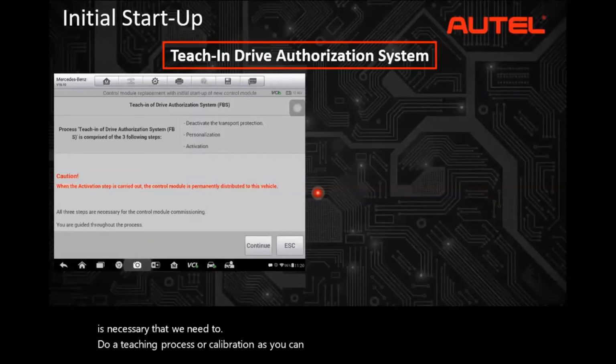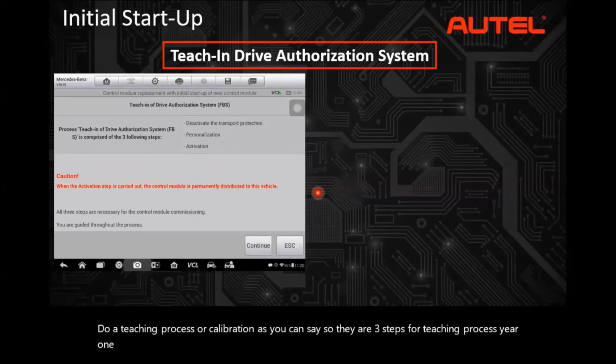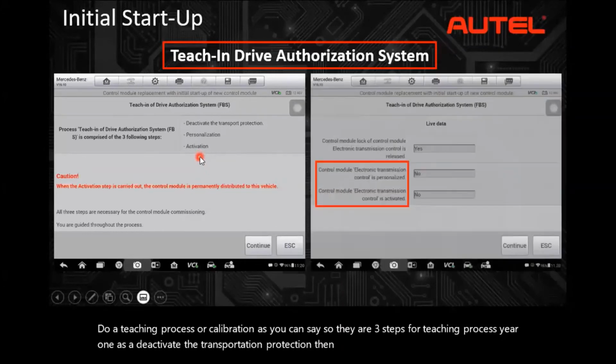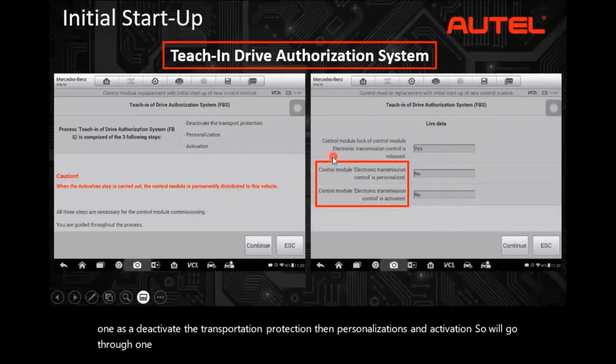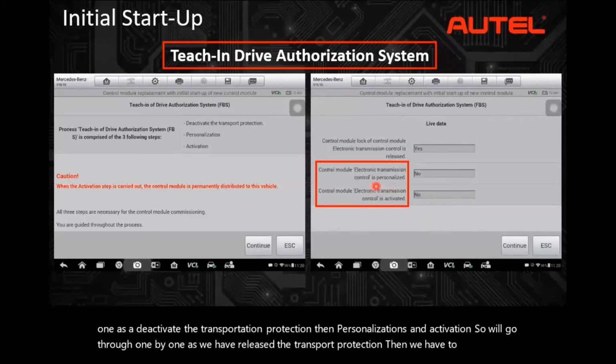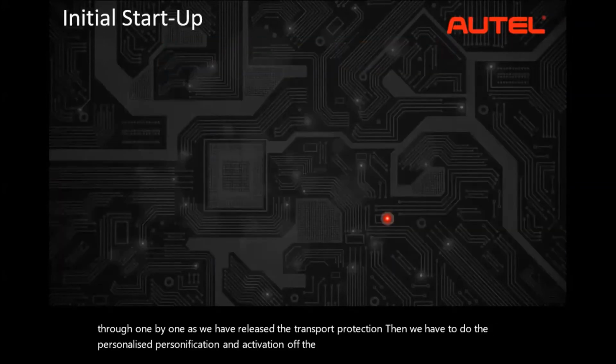So there are 3 steps for the teach-in process here. One is deactivate the transportation protection, then personalization and activation. So we'll go through one by one. As we have released the transport protection, then we have to do the personalization and activation of the control module. Once you press continue,